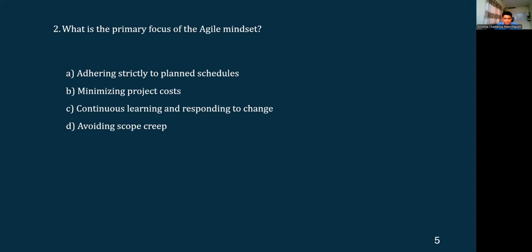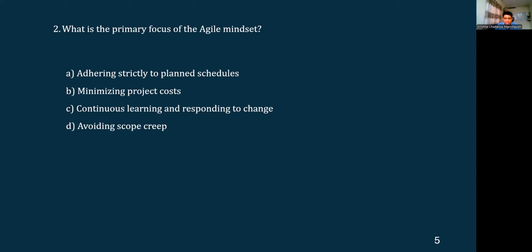And C, continuous learning and responding to change. Yeah, so this could be a probable answer, because the Agile Mindset actually embraces the reality that requirements, customer needs, and priorities often change during a project. And rather than resisting, Agile teams should just adjust their approach to deliver the best possible outcome. So this is a very important principle of Agile. And let's see, before finalizing this as a final answer, let's go to the last option and see